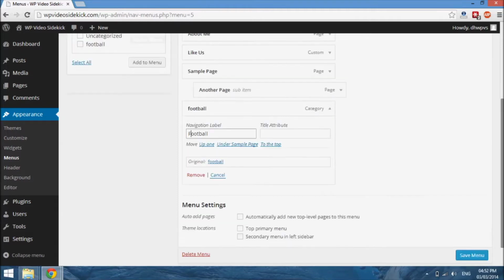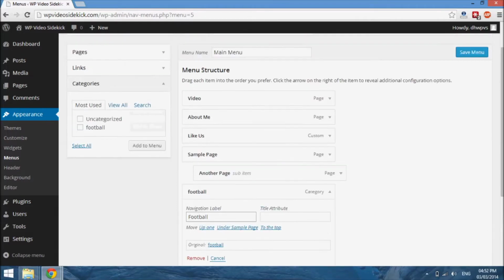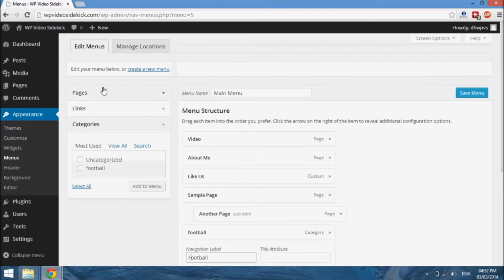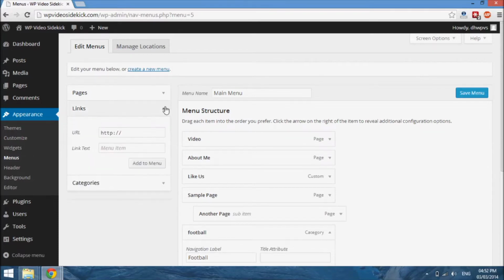Okay, just one more thing I want to show you with our custom menu, is that you can add a link that isn't clickable. And what do I mean by this? So for example, if you had services on your site, so you offer different services, but you didn't want to create a page that listed all the services, but in your menu you wanted to have a